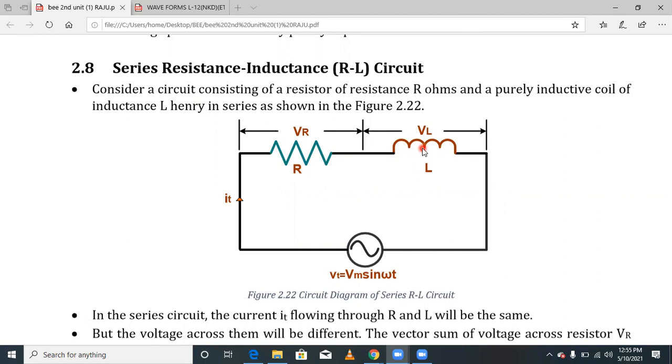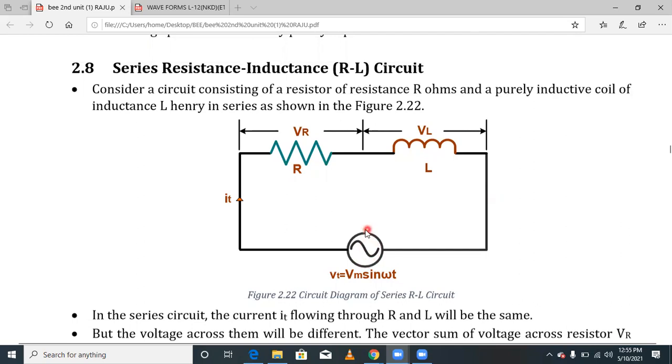In the previous lecture, we concentrated only on the inductor or only on the resistor, connecting each to the source, as discussed yesterday in the previous class. But today it is the combination of RL, and then the combination of RC. By connecting the source, we have v(t) equal to Vm sin omega t.